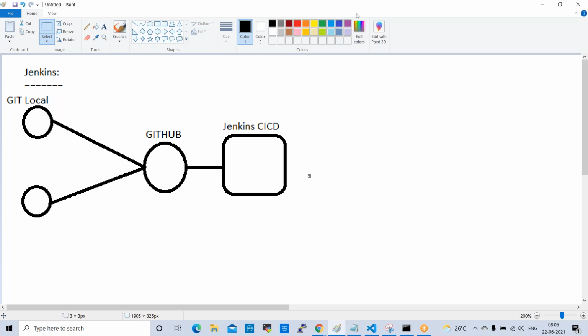Can you see my screen, everyone? Everyone able to see my screen? Yes, sir. Let us quickly go and start our server.